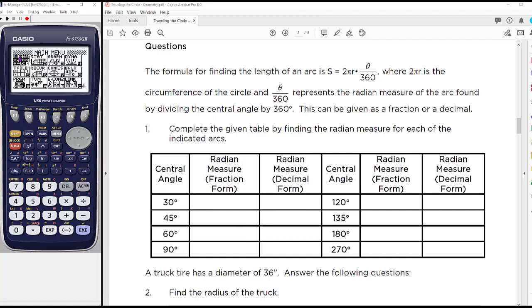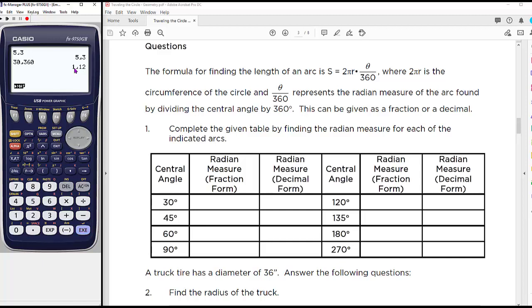So I'm going to go into Run Matrix. That's highlighted. I'm going to hit Execute, and you already see that I have a fraction up here. But if I wanted to say turn 30 degrees into its radian measure, I'm going to use this little ratio right here. And so I'm going to enter 30. So to do the fractional, the ratio, you're going to do 30, and you're going to hit this button. And instead of the bar that divides the numerator and the denominator, you get a little bracket that's indicating that this is a ratio. And then we're going to put the 360, and we're going to hit Execute. So that's all there really is to entering the ratio of the fraction.